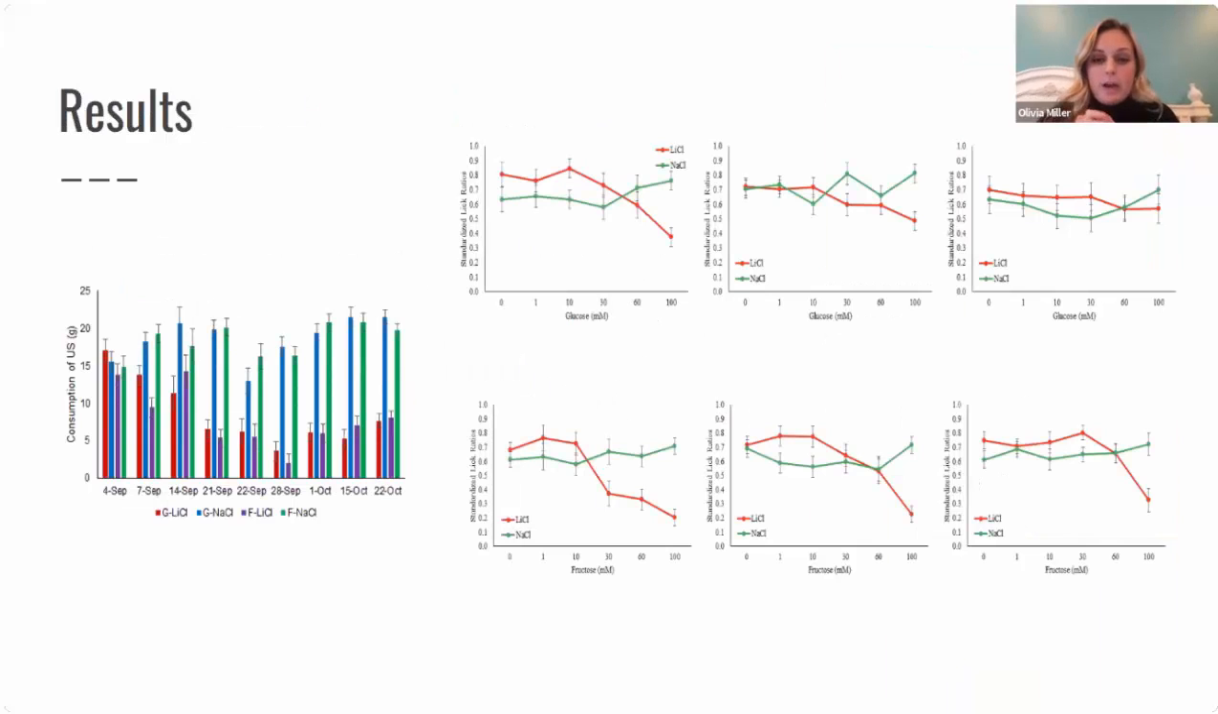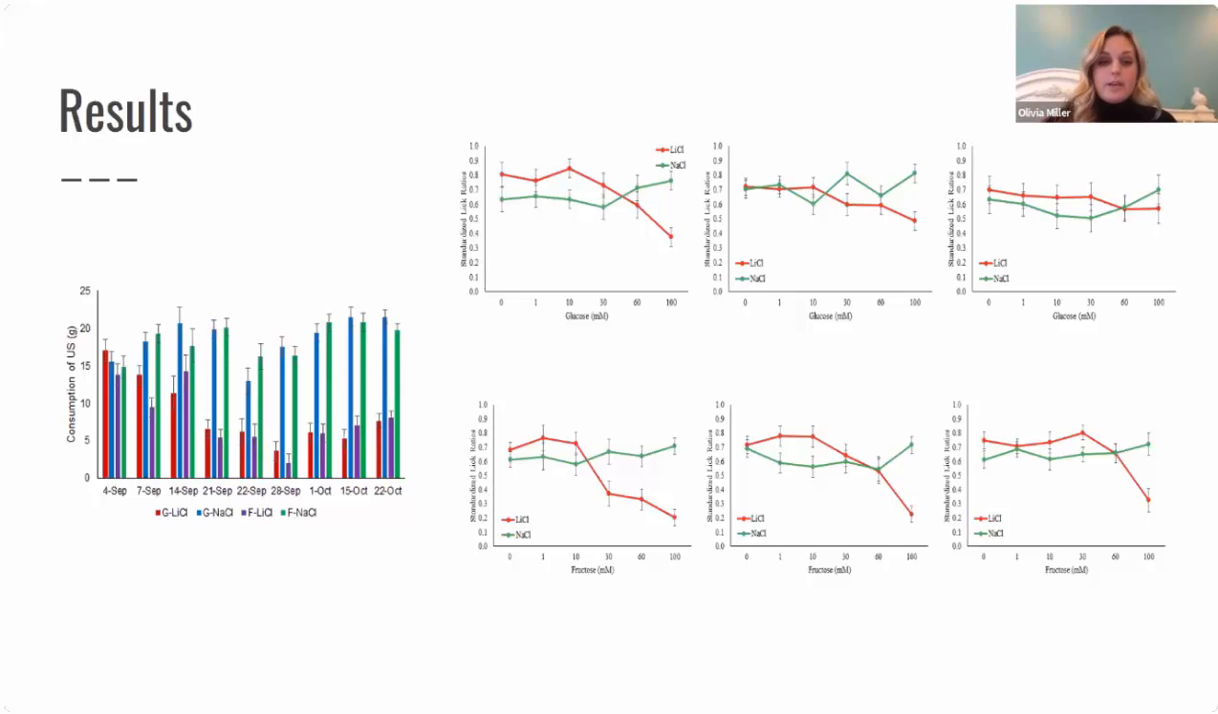So if you look at the graph on the left, these show the consumption of the unconditioned stimulus, whether that be glucose or fructose. It also splits even further to see whether the rat was injected with the lithium chloride or the sodium chloride. On the first day, none of the rats had been made sick, so they consumed all at an equal amount. But by the next week, they had been made sick, so we can see over time as the red and purple groups continue to be given the conditioned taste aversion, their consumption goes down due to